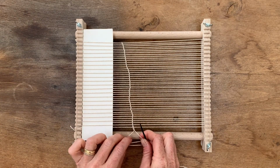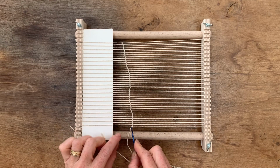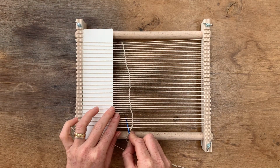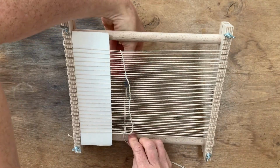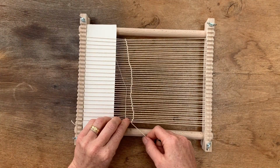And this thread has come out over the top of that last warp thread, so we're going to go under, over, just a few threads. I'm going to pull that up there, pull this through, and then I'm going to do the same,